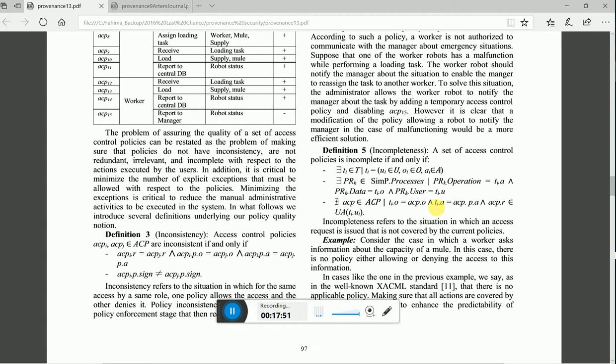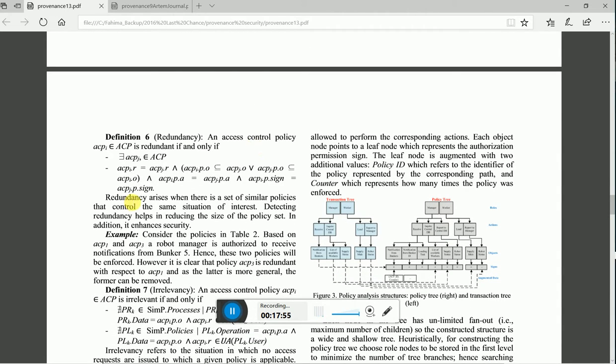So that access control, that the policy tree is not complete. And also the redundant: when everything is the same, we don't need two policies for that. Policy I and policy J, we don't need two policies when everything is the same. For irrelevant, when that is